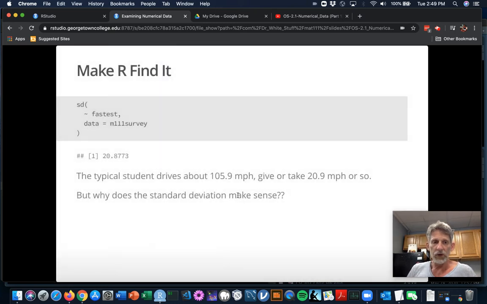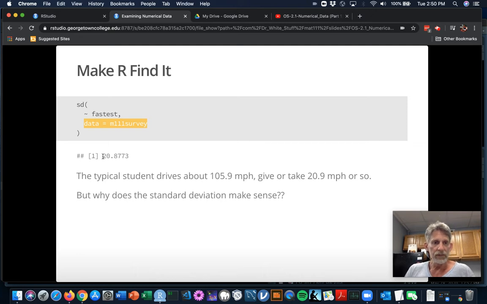You're just going to make R find it, and you use a function called SD. And it works exactly like the mean function and the GF histogram, the GF density work. You just say your variable, comma, the data set where that variable lives in. And so I encourage you to give that a try over in